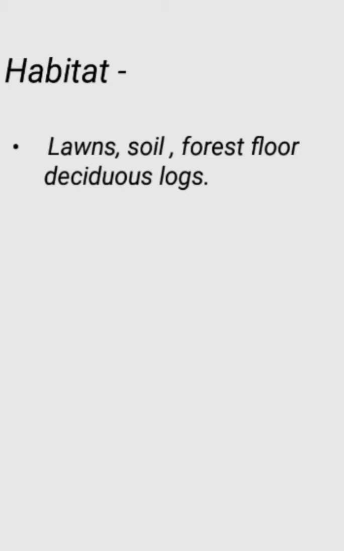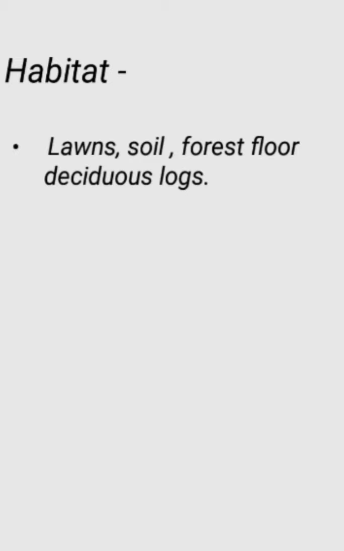The habitat: these organisms are mainly found on dead decaying plant material. So that is why they are found in lawns or soil, forest floor or deciduous logs. And in urban areas, they can be found on mulch or in rain gutters, or they can also be found in air conditioners, especially if the drain of the air conditioner is blocked,